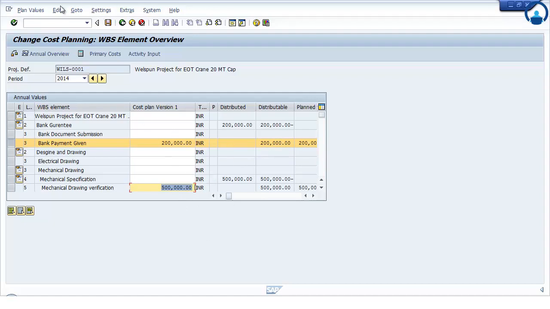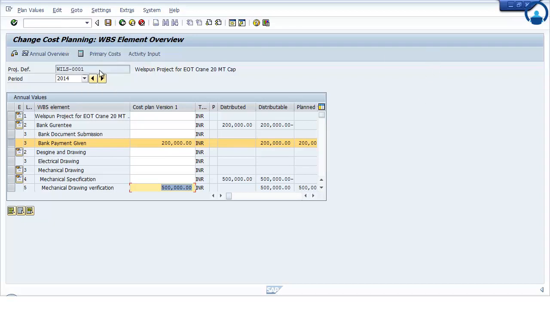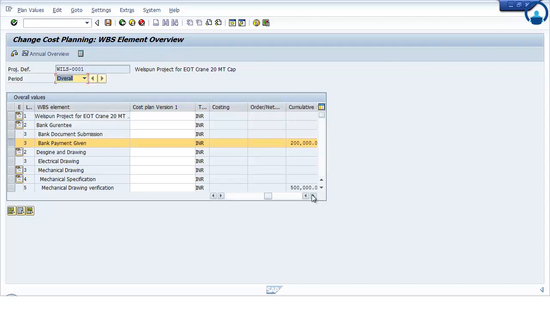After maintaining the planning, I go to overall values. So in cumulative there are values present. I select the WBS,